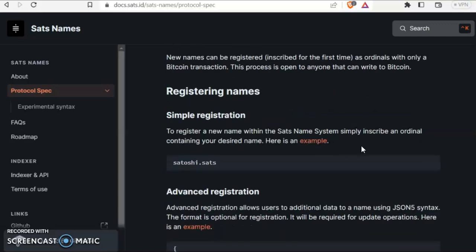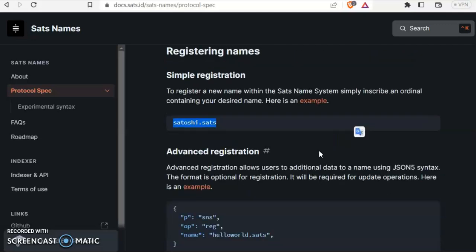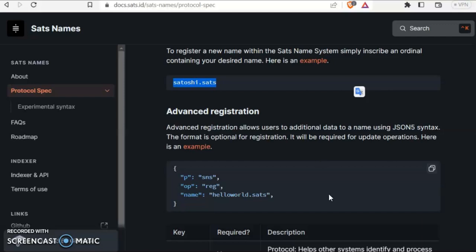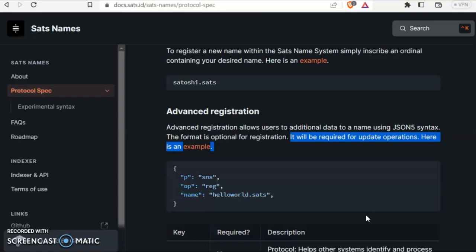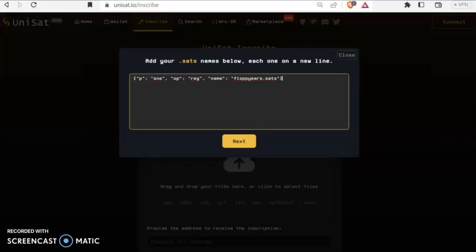The protocol spec says, just as Randy from Ordinals Wallet highlighted in a Spaces, the example it shows, for instance satoshis.sats, so you can register them without using any of the JSON. However, it says here to do advanced registration, this format is optional. As everyone keeps saying, it's optional, but it will be required to do update operations. So if you want your name to be able to be updated or have relevance maybe in the future as they add more protocols to this, I would highly recommend doing it in JSON. And just to be clear,